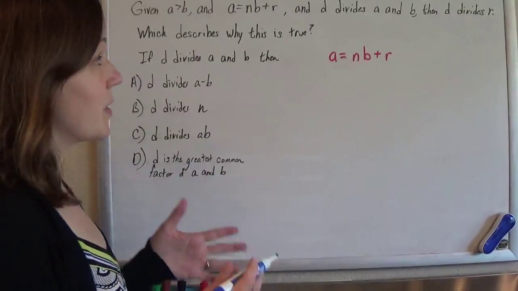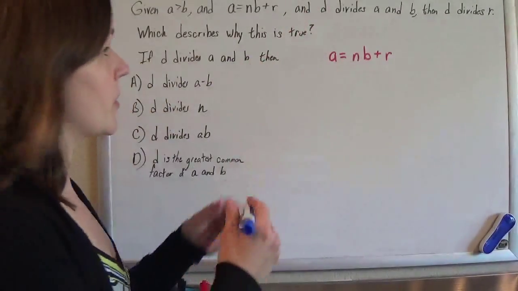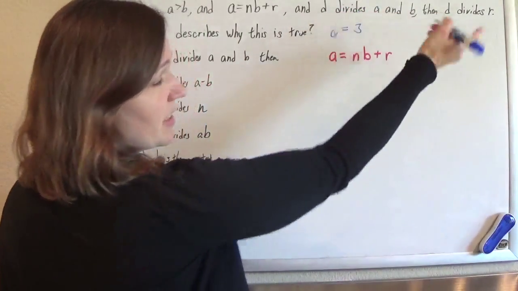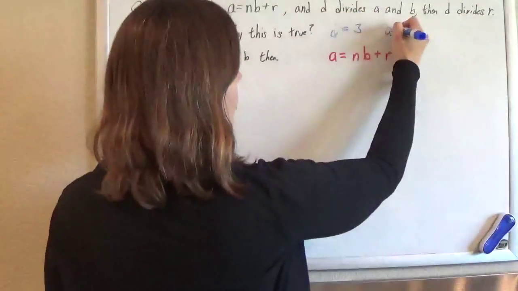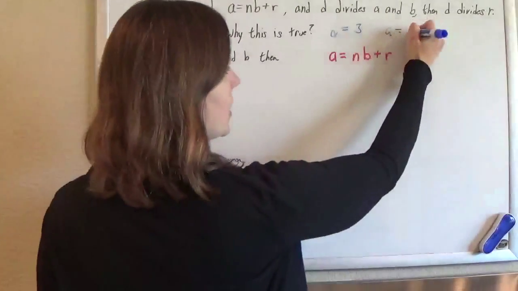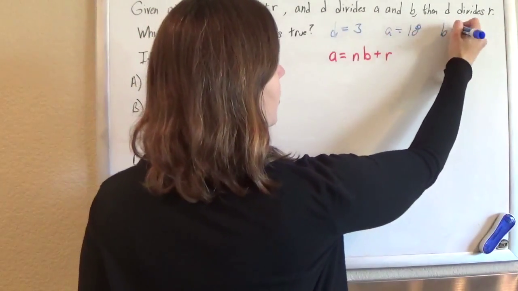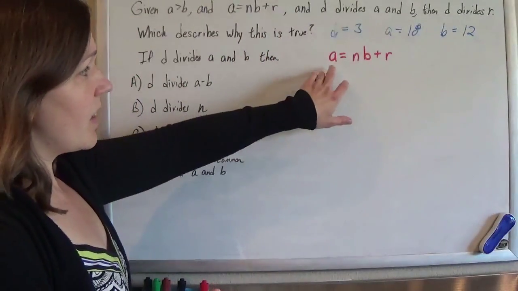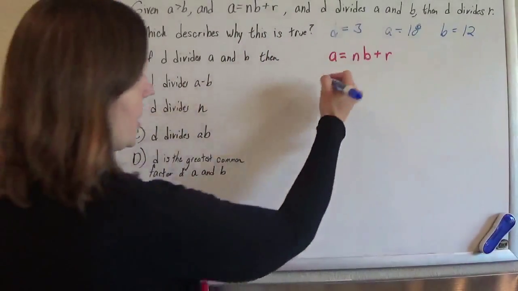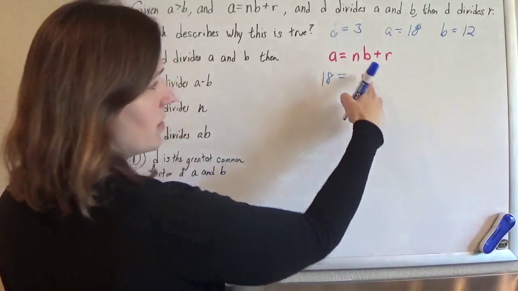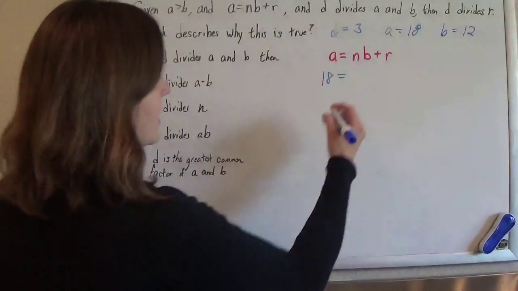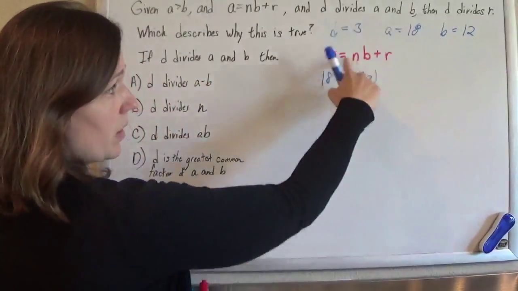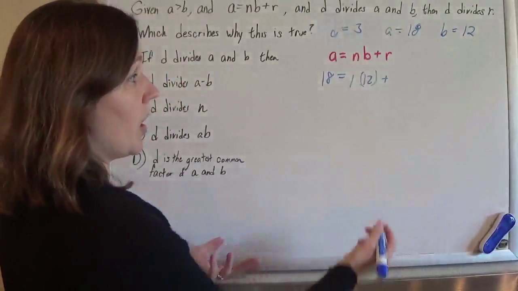So let's first just try to see what's going on. I'm going to pick some numbers. I'm going to say D is maybe 3, and it's got to divide both A and B. So let's see, a number divisible by 3, maybe 18, another number divisible by 3, maybe 12. And so they're saying that I can write 18 as 12 goes into 18 so many times, so 12 goes into 18 once, right, with the remainder of 6,